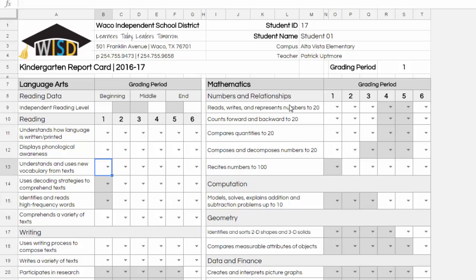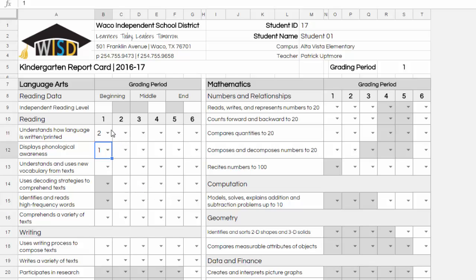spreadsheet. So again, here's the layout you see, simple drop-down menus to drop in your grades, or you can simply type. You can see if you throw in a value that does not match the criteria of the grading scale, it's going to throw this little caret in the top right corner to let you know it's invalid. Simply delete that piece, type in an appropriate number, or drop down and pick an appropriate number, and you're moving